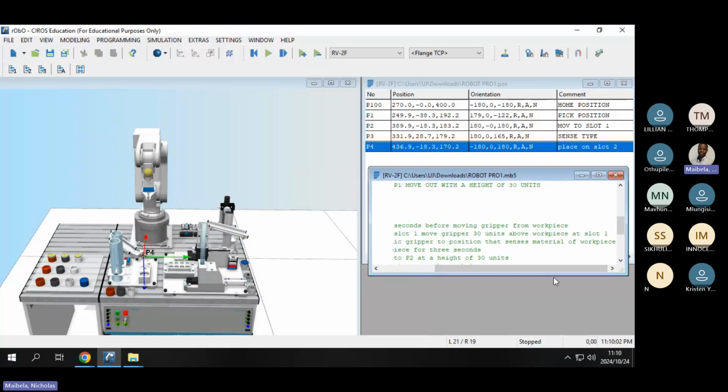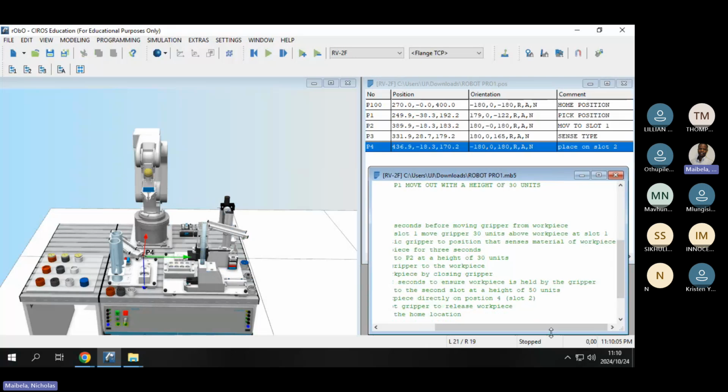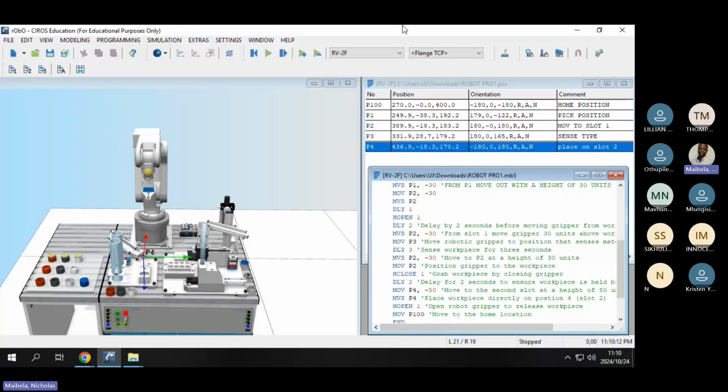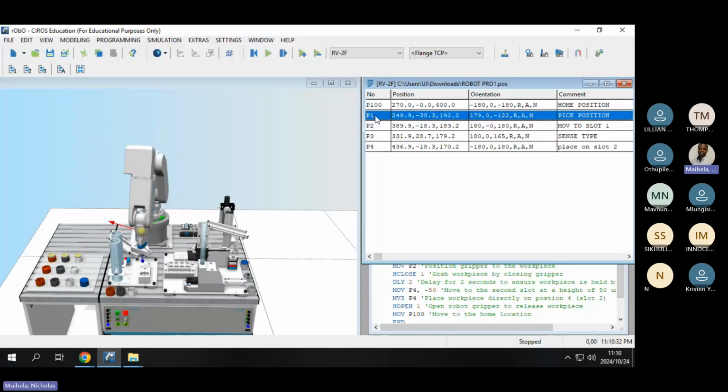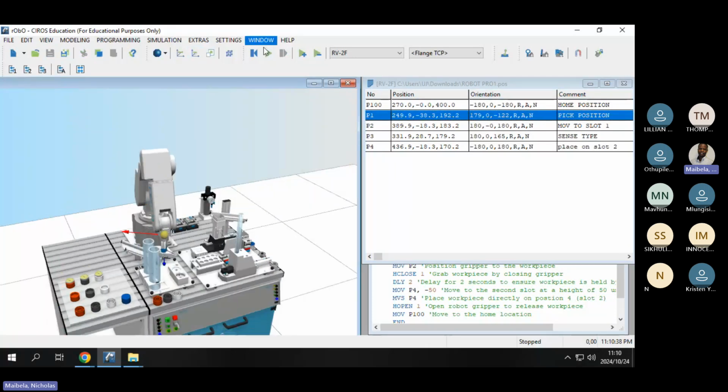Okay. And then I wrote a comment so that you can understand the code I was writing. So I'll first do this, right? If I click on P100, you'll see that the robot is resting in its home position or initial position, right? Then if I double click on P1, you'll see that the robotic arm goes to, okay, before that, let me